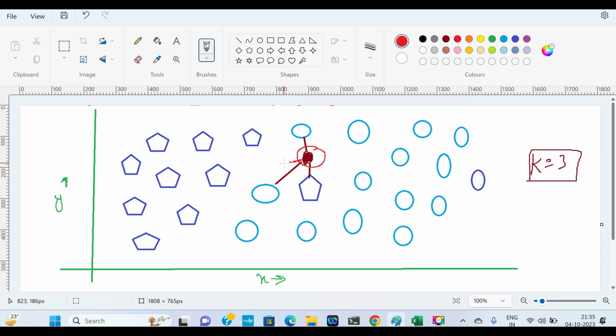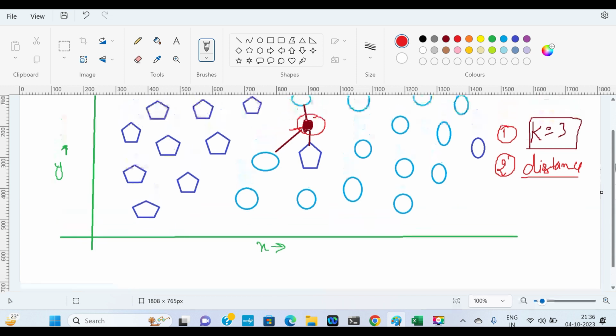It means there are three things we have to do. First, we have to identify the number k, so we can change that number. Second is distance. We have to calculate distance because that's how we are able to find the neighbors, right? There are different distance formulas, like Euclidean distance and many different distance equations. In this video, I will explain which distance we can use for which type of data. And the third one is also important,